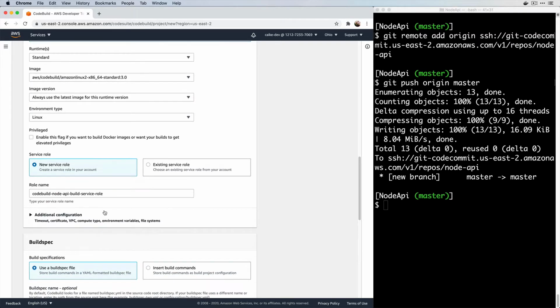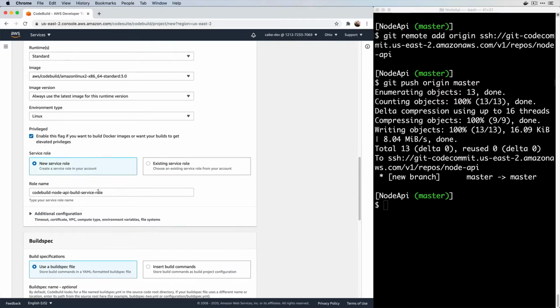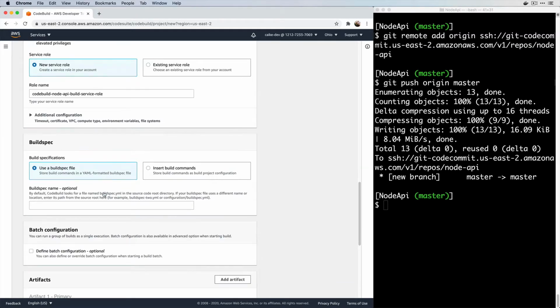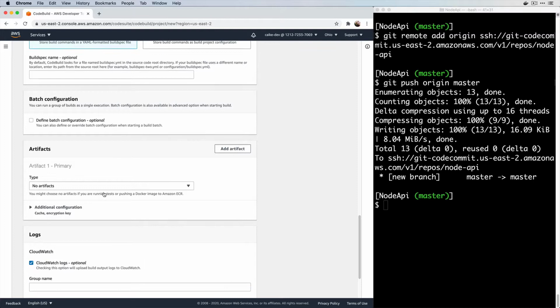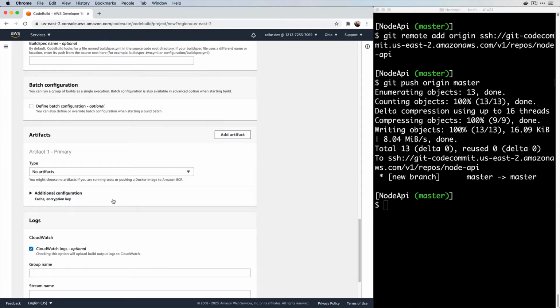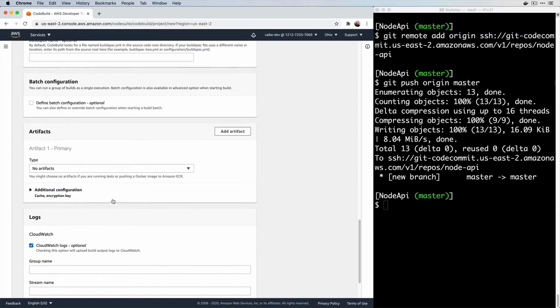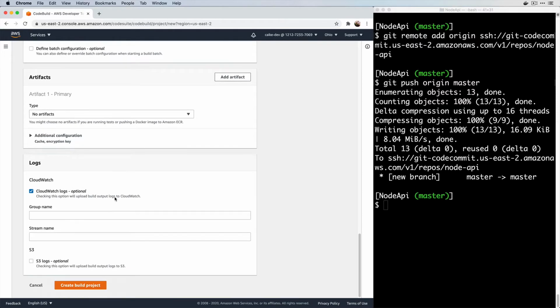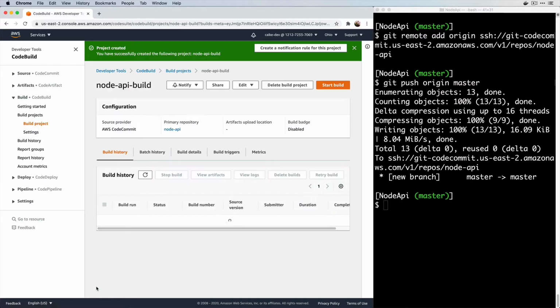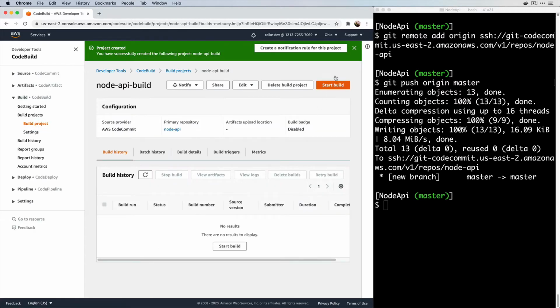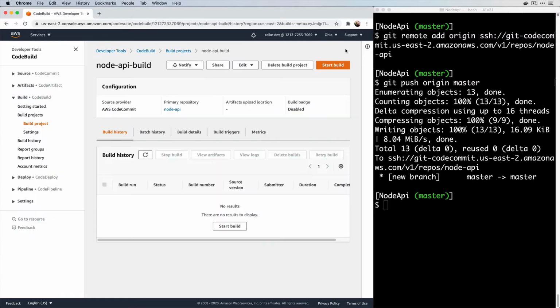Since we're going to be building a Docker image, we need to select privileged. Then leave everything else as is. For the time being, we're going to start just running tests, so we don't need artifacts for now. And we can create the build project. Cool, the build project was created, but before we can start a build, we need to add a build spec